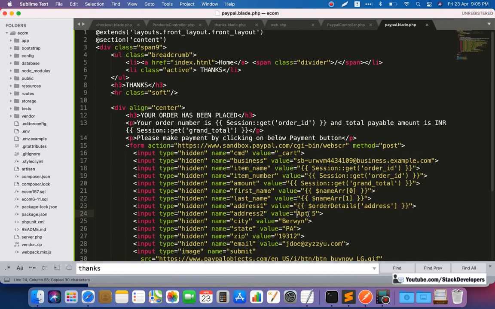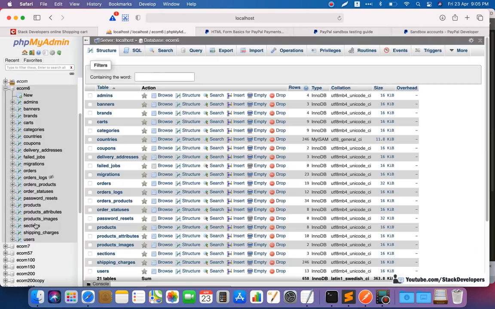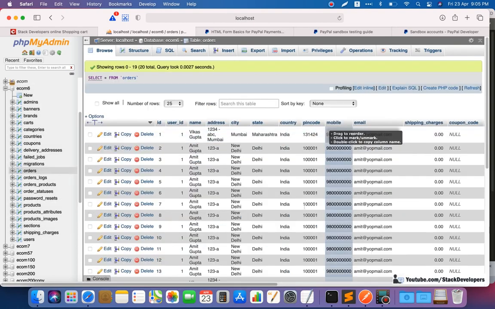We don't have the address two field, so we can leave it empty, no issue. But for city we can give city. For state we will give state, and after that for zip we are going to check what field we have given for zip. Here we will go in orders, and check pin code.